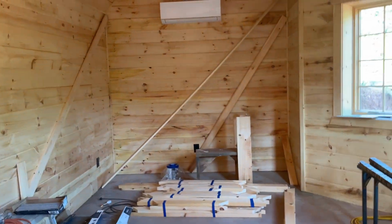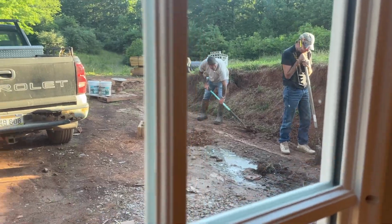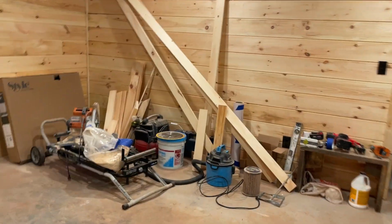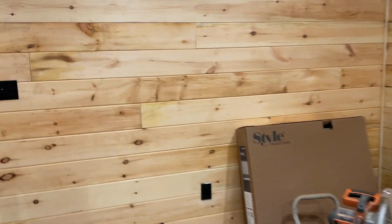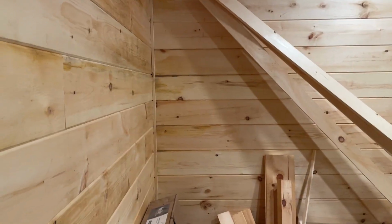So they're outside getting ready for the block work, the retention walls, which is great to see them. So I'm gonna get back to the steps so I can give you the full tour. So I'm at the bottom of the steps and now I'm gonna go counterclockwise. So you come around and